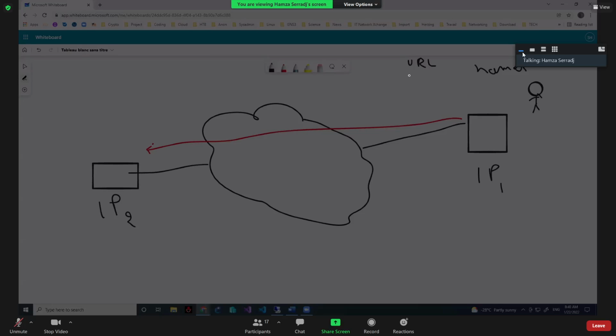But we need names, and for example, if there is a web server here, it's going to be www.something.com, the computer should know and understand what this thing is,